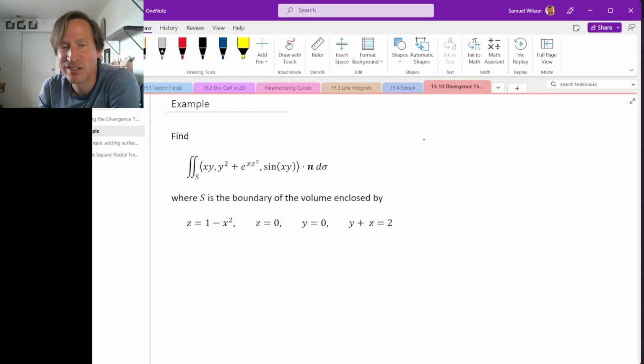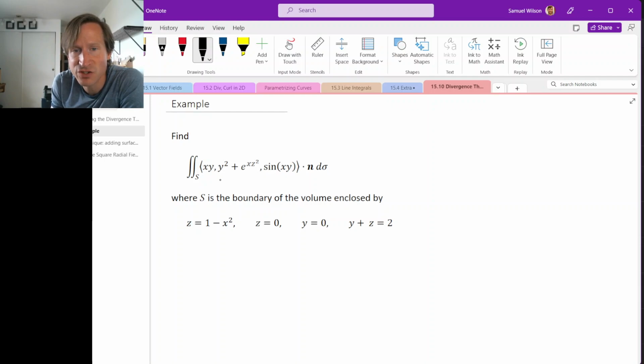Now that we have the divergence theorem in hand, let's work out an example using the divergence theorem. So let's calculate the surface integral of this vector field over the boundary of the volume enclosed by all of these things. So, you know, since we just figured out the divergence theorem, clearly we should use the divergence theorem to turn this into a volume